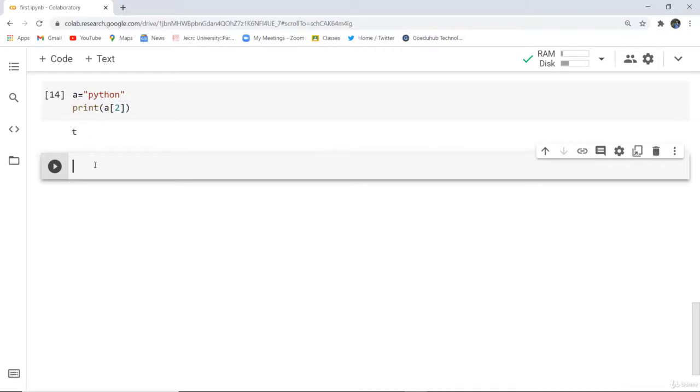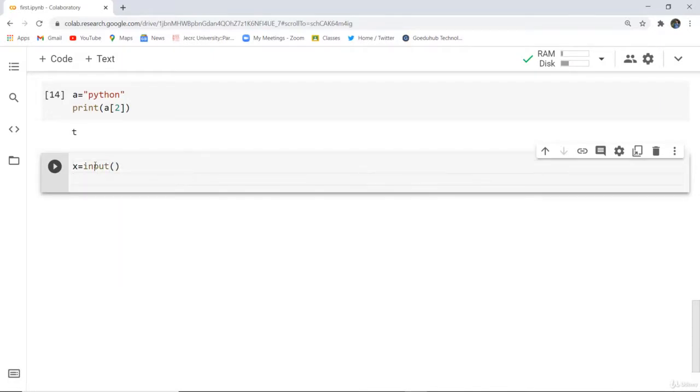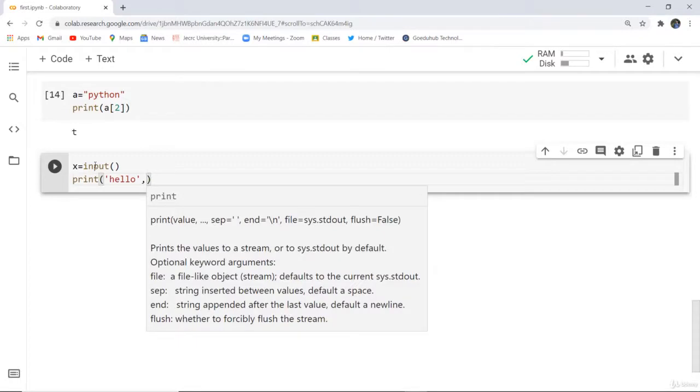Now if you want to give the input and then print something with the help of command line, how can you do that? For let's say X input, and then you want to print hello and the X which user has input.